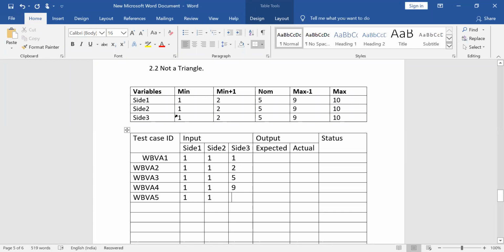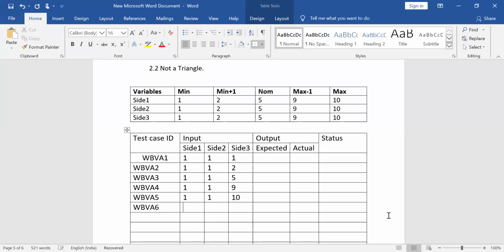Now I'm dealing with side 3 changes only; there is no change in any other side. Same thing holds good: you need to add 2 more values to your variable table. If you add them, it holds good for the worst case robust boundary value analysis technique, which is another flavor of boundary value analysis itself.